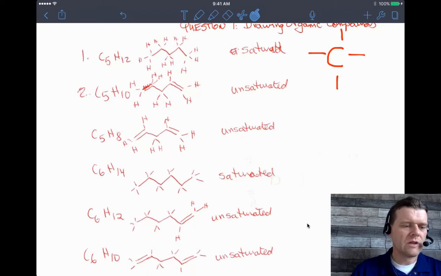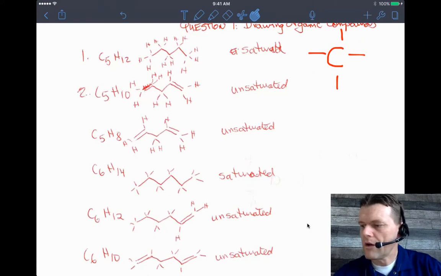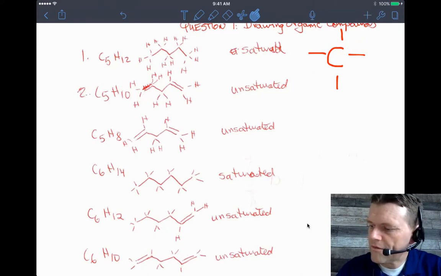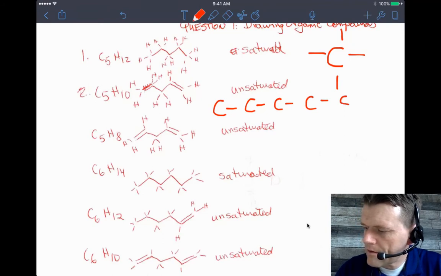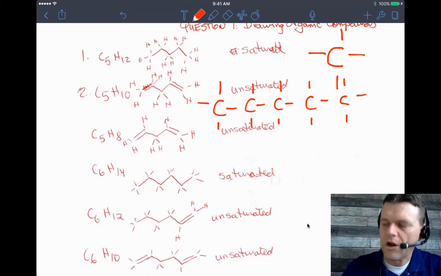Your second question is, how do I know if or when there's a double bond? When you give a formula like C5H10, how do you know there's a double bond there? Well, if you put 5 carbons together, let me just write right over this. You go 5 carbons together like this, and if you connect them all with single bonds, normally you would put the extra potential branches around it,